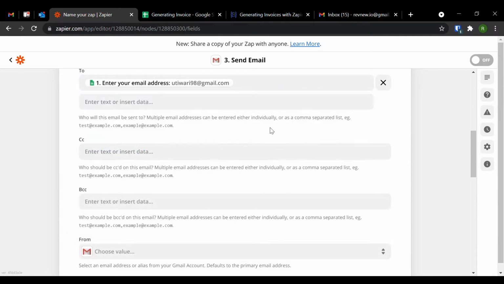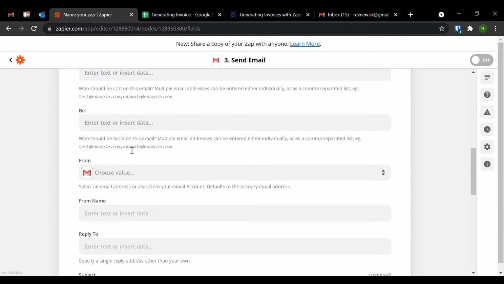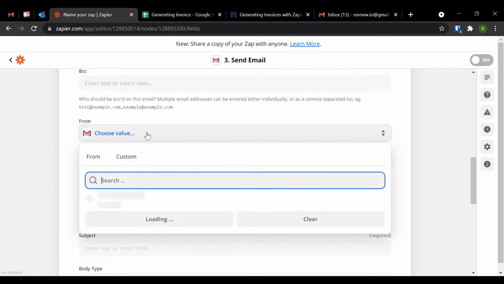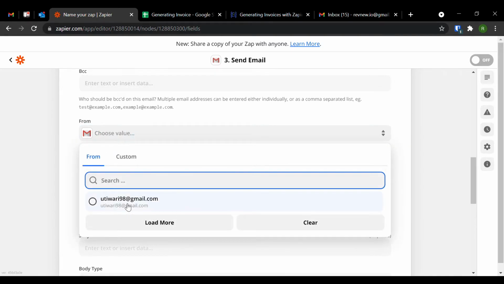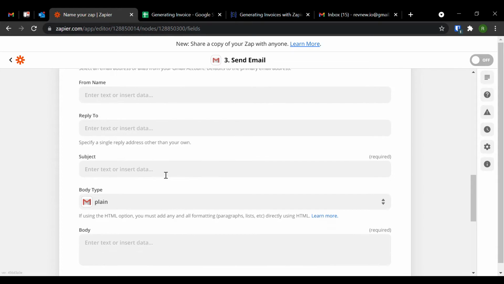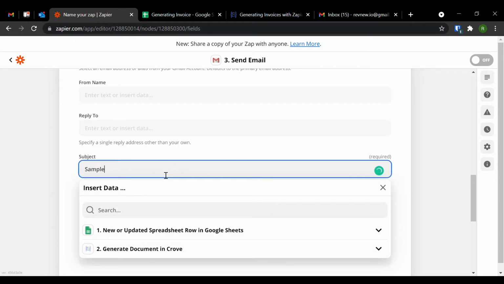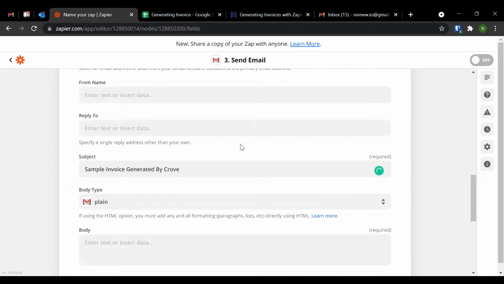I don't want to CC anybody. I don't want to BCC. I want from. Okay, let's go ahead and give it. Subject should be sample invoice generated by Grove. Great. Plain body.